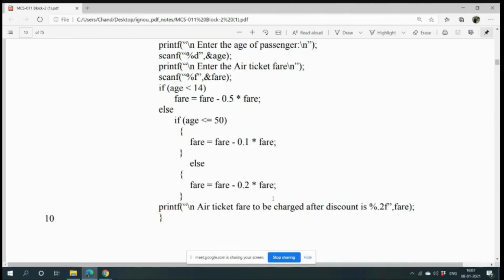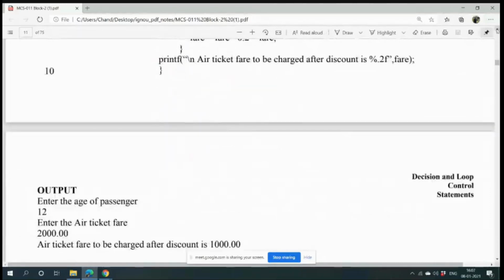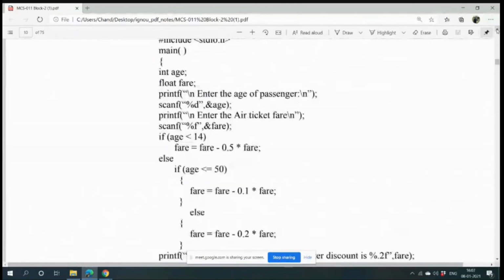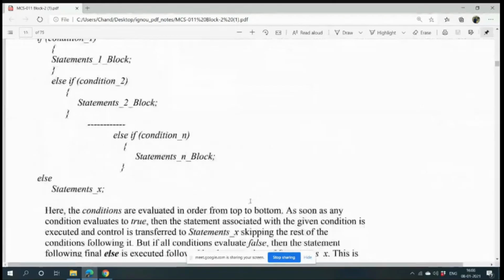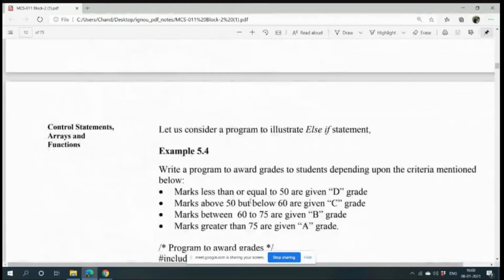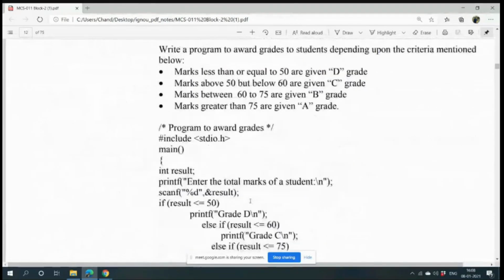Okay. Now, one thing is there. Suppose instead of 3 branches you have 10 branches, then what will you do? It is your first branch, it is your last branch, and you include 8 else if statements, 8 else if statements for 8 branches. So this way we want multiple else if. It is not a nested if, but a multiple else if program.